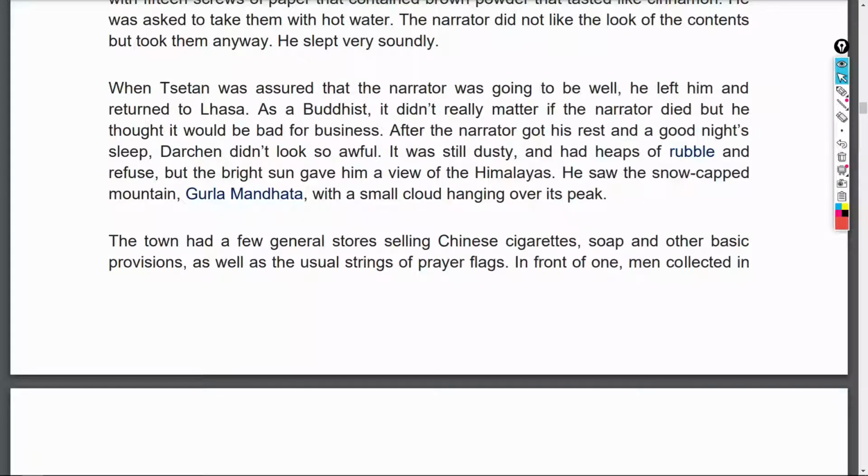It was still dusty and had heaps of rubble and refuse, but the bright sun gave him a view of the Himalayas. He saw the snow-capped mountain, Gurla Mandhata, with a small cloud hanging over its peak. So now he got relief from the cold, and the next morning he felt